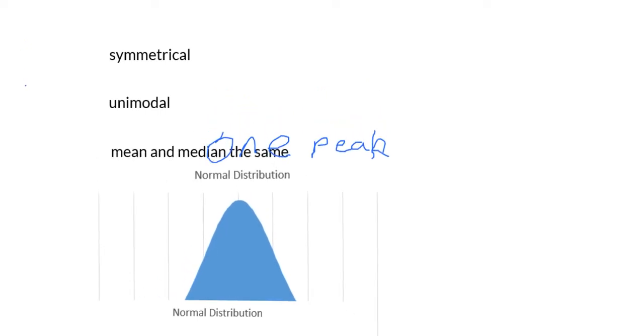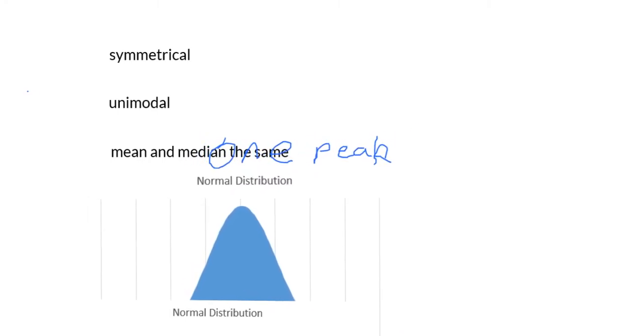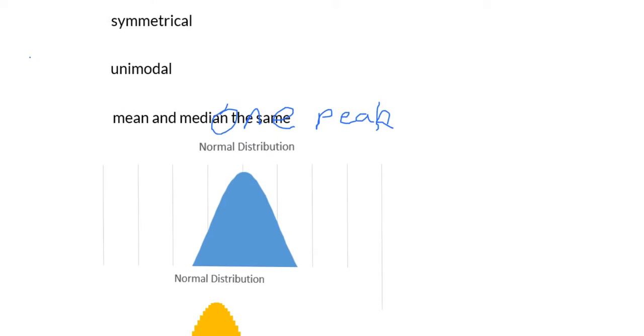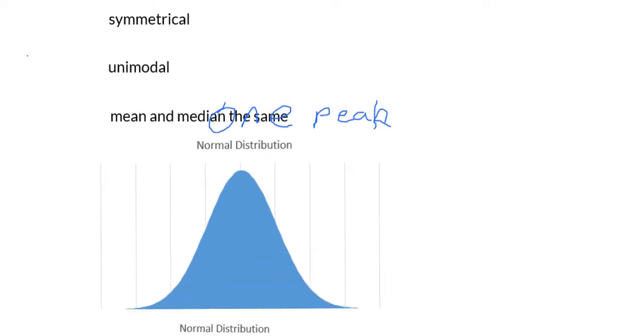Okay. The mean and the median are the same. Right, that's another important one, that our mean and our median are the same. It's one of the features of a normal distribution that we have the mean and the median that are the same. Right. The next one that we have